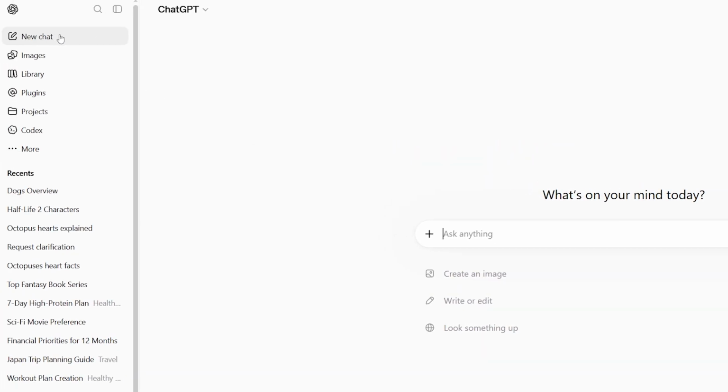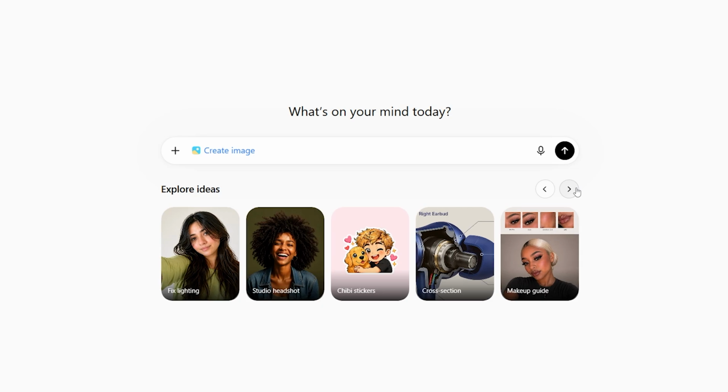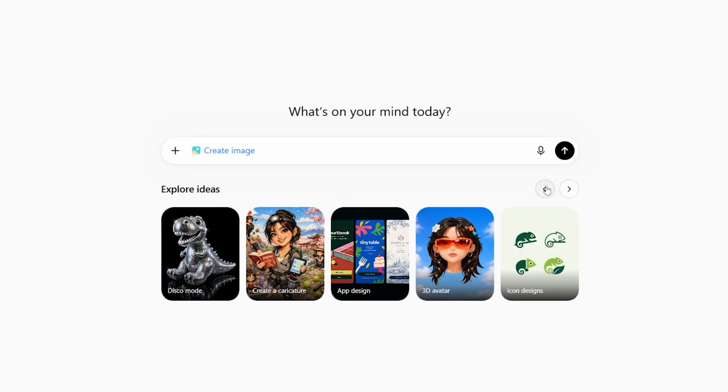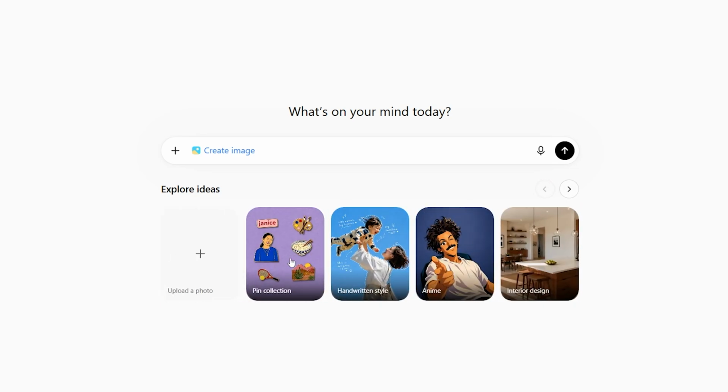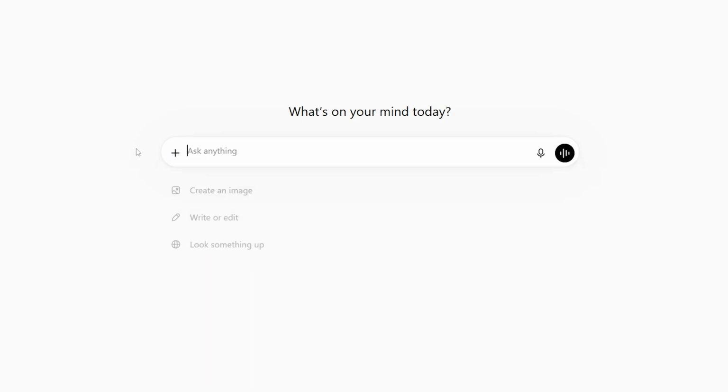To get started, open ChatGPT and create a new conversation. Then click Create Image. If you're not exactly sure what you want yet, ChatGPT can help you explore ideas, suggest different concepts, and even write a complete image prompt for you. But if you already have an image in mind, you can simply start describing it yourself, which is what we'll